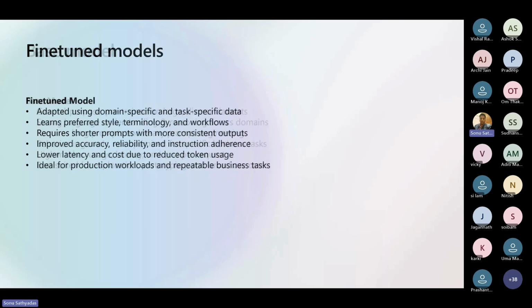Then what can we do? Then we can go with fine-tuned models. So what are fine-tuned models? Models which are specially trained on domain-specific data. They are adapted using domain-specific and task-specific data. So we will retrain the model, or customize the model, with some domain-specific data. This learns preferred style, terminology, and workflows. So while training the model with our own domain-specific data, we can